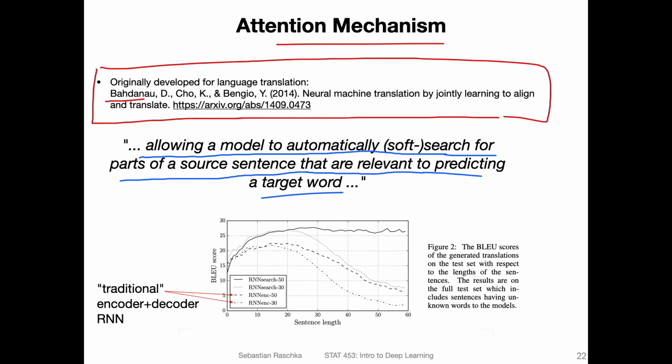And at the bottom here is an illustration of how they evaluated the performance. So there's something called, I think it's called, BLEU score, and this is a score for computing how good the quality of the translation is. So we won't go into too much detail of how that works. For this lecture, just assume a higher BLEU score is better. So this is better if it's high. And what you can see here is the sentence length. So they did experiments with different sentence lengths, and you can see that for